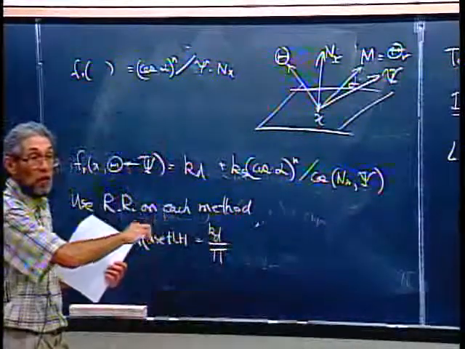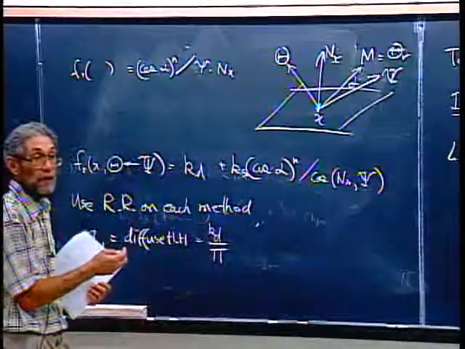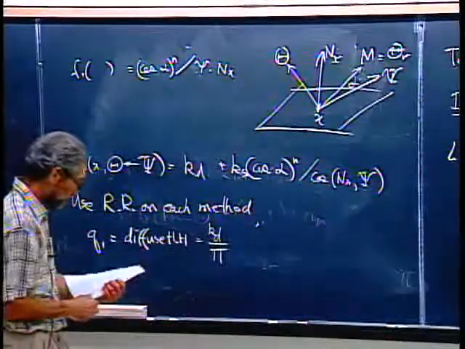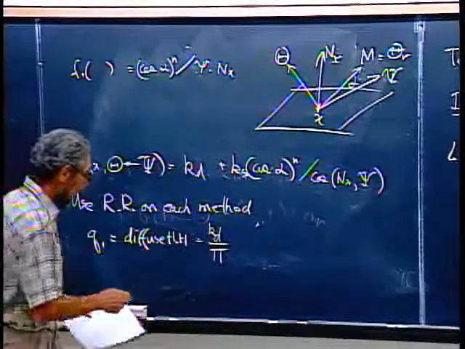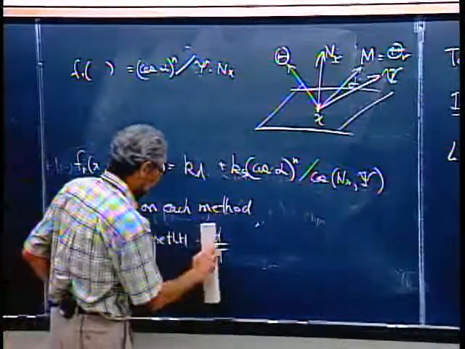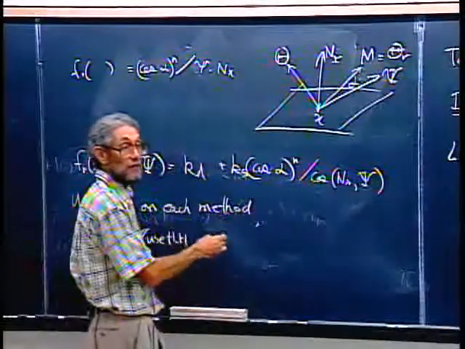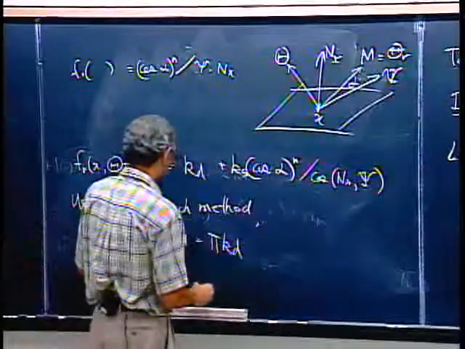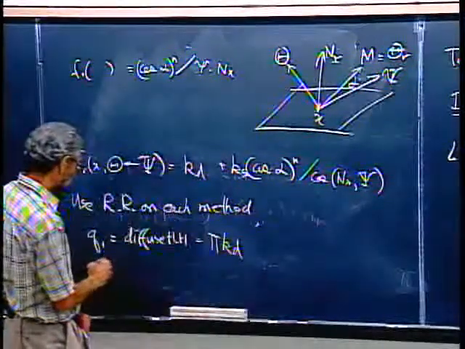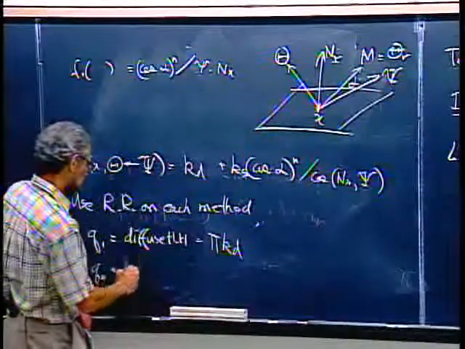Remember when we did this integral over the whole sphere to see what fraction of it was actually reflected? Was it KD over pi? Let me look at my notes. I don't remember what the ratio was. It was KD times pi, I think. Right, because the KD times pi had to come out to the reflective fact. So it's pi KD. And the computation we did more recently says Q2 is the Phong